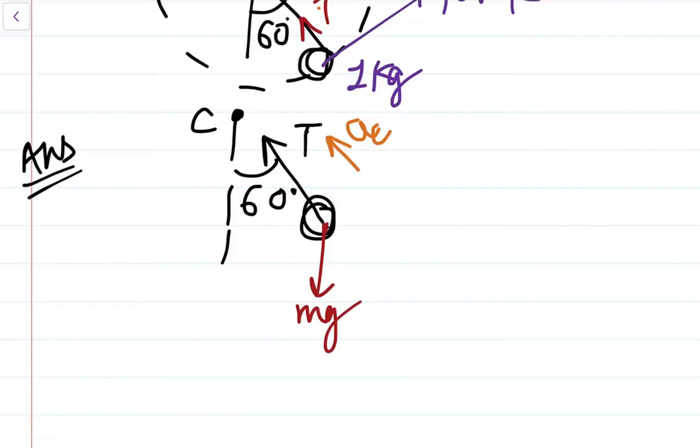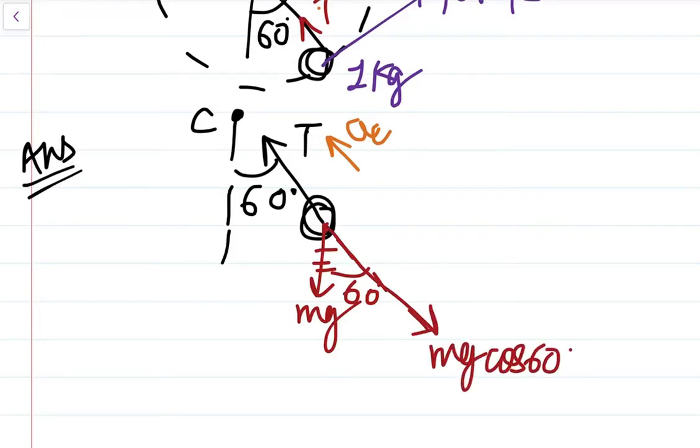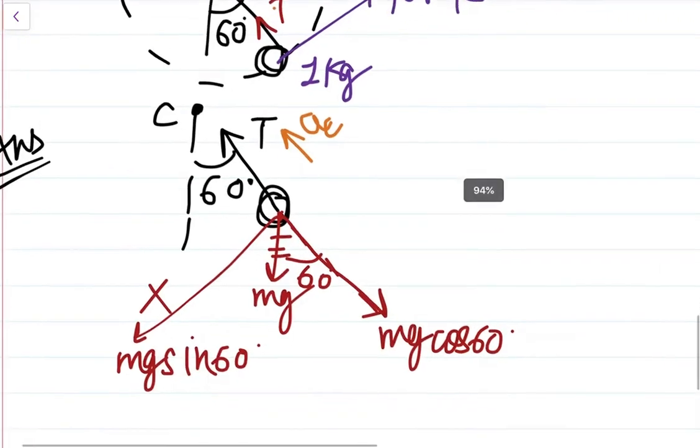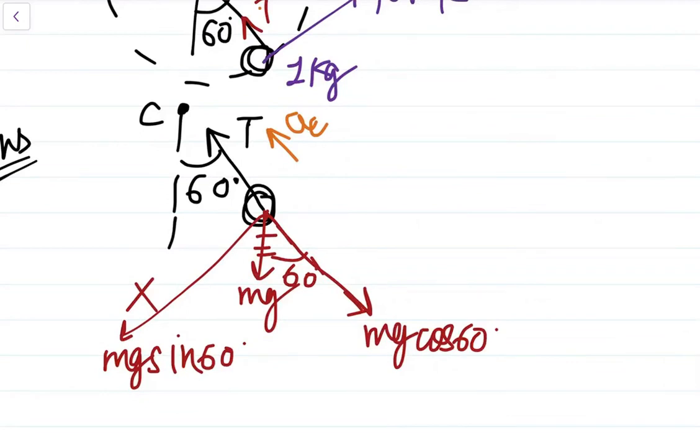Now we'll just have to apply Newton's laws of motion, but before that we have to break mg into components to apply Newton's laws along the string. This angle, you can all see, is also 60 degrees. So this component will come out to be mg cos 60, and this component will be mg sin 60, but we have no use of the mg sin 60 component because it is perpendicular to the string. So we can write by basic Newton's laws of motion that T minus mg cos 60 is equal to mac.